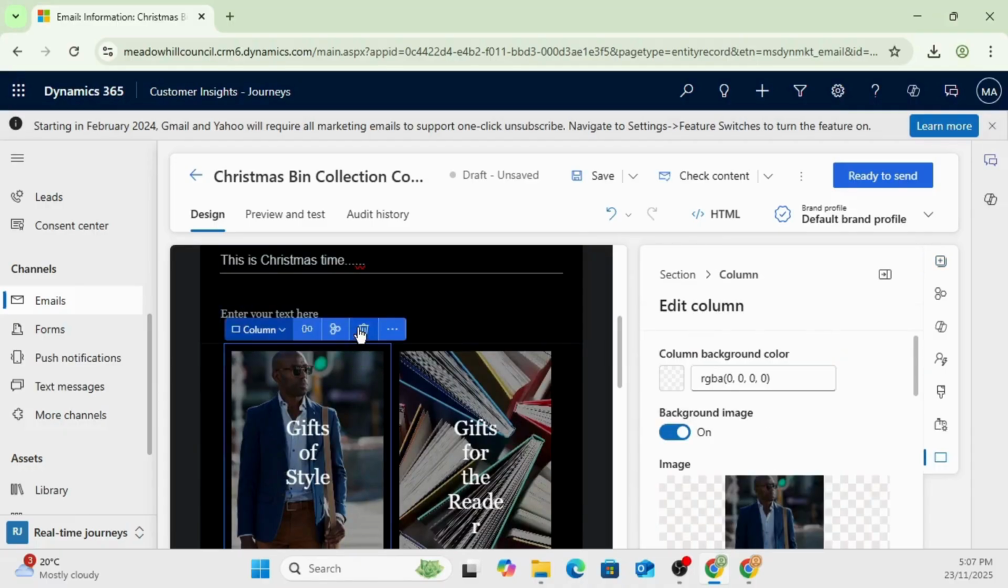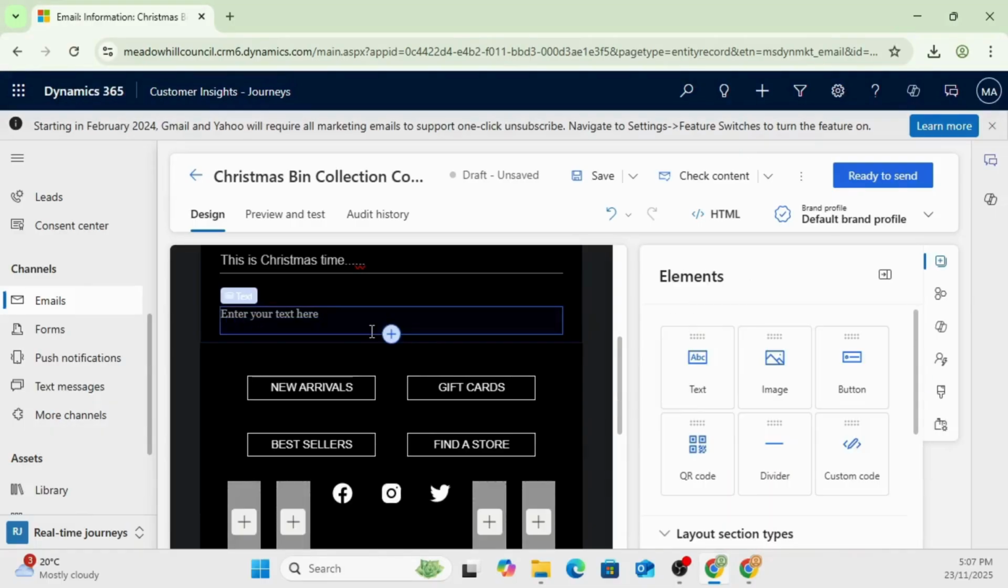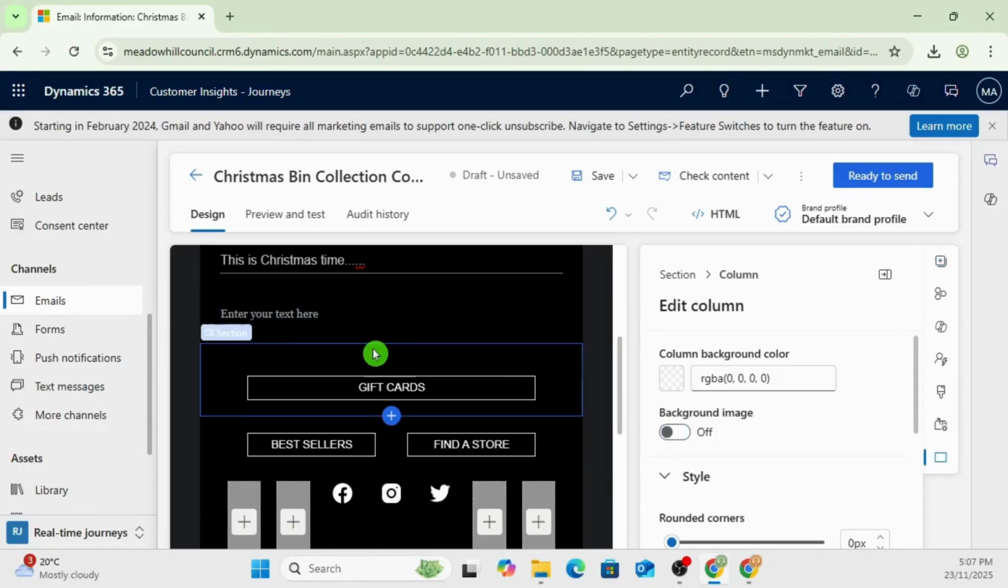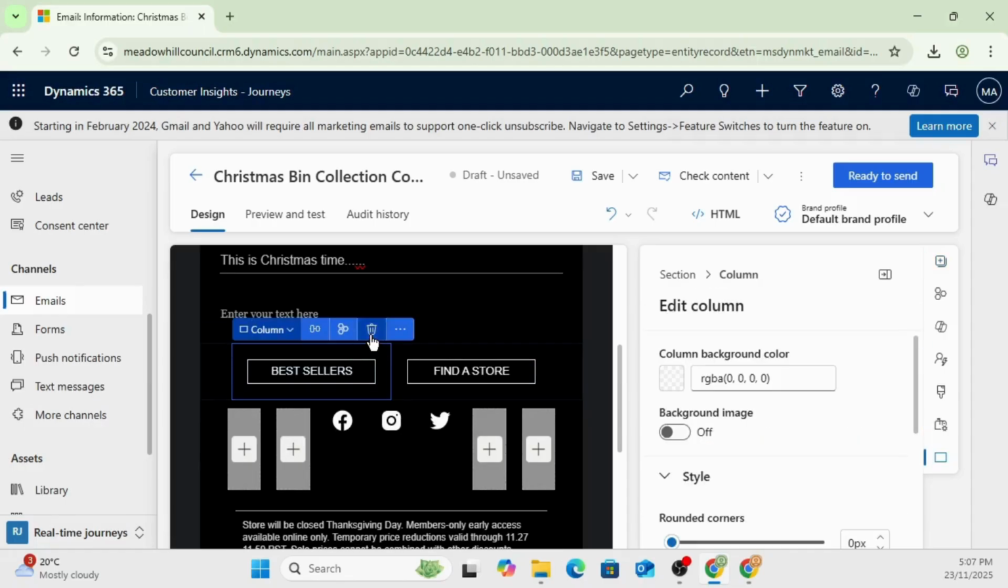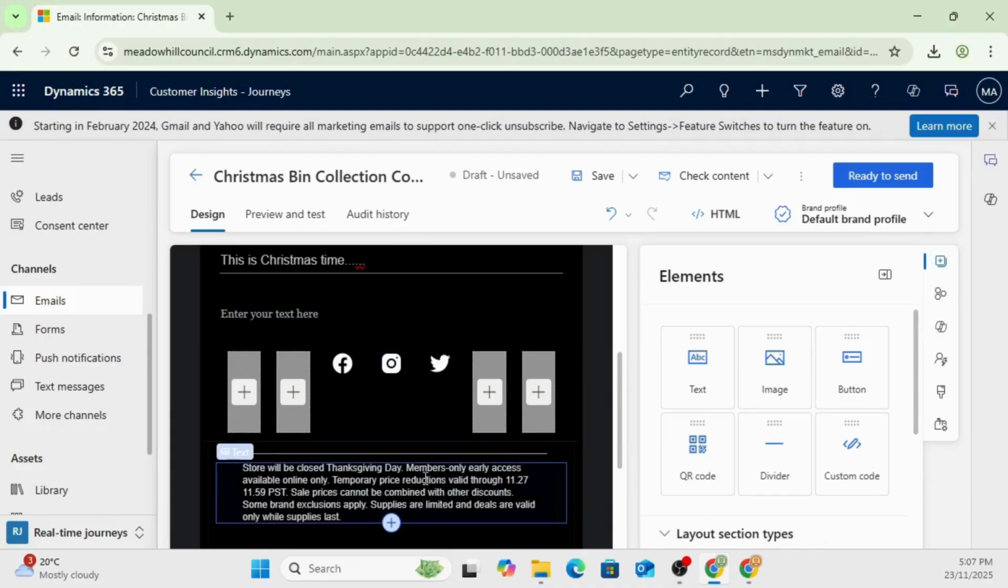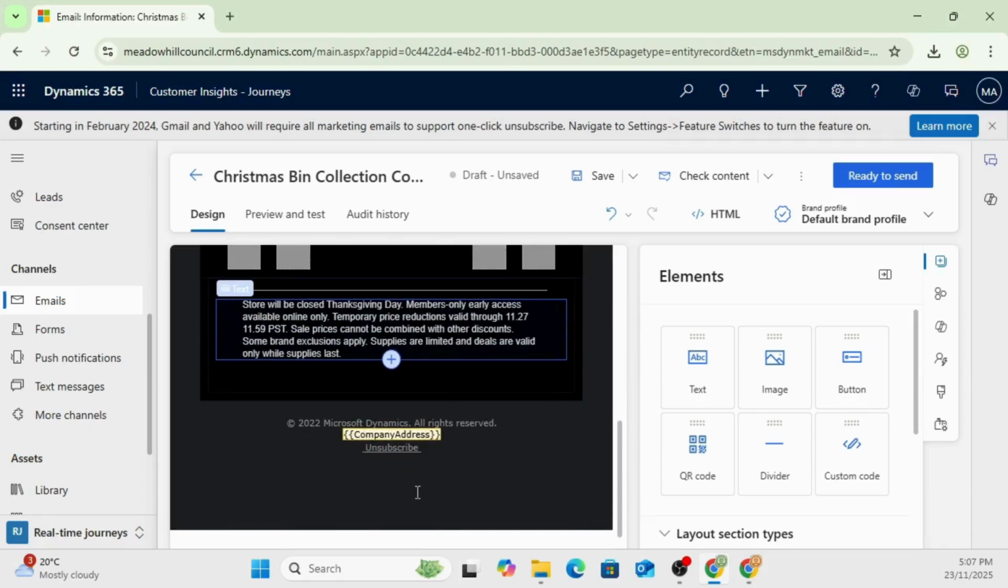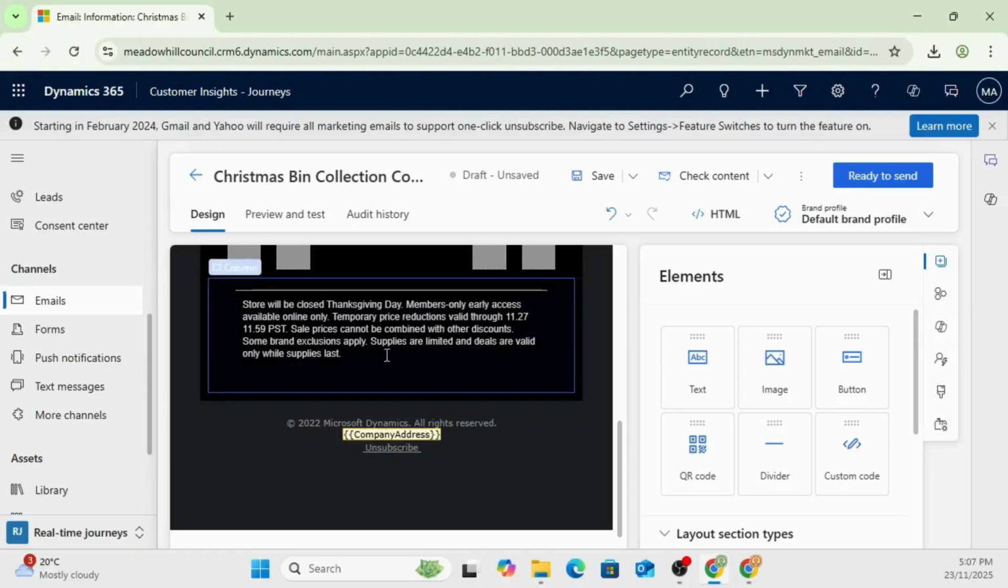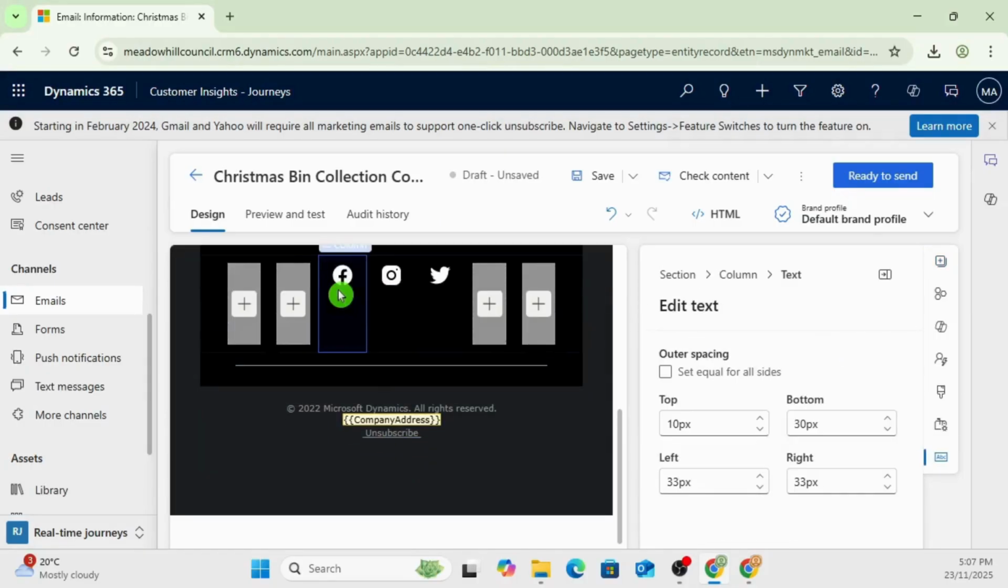So I'm deleting all of the images so that we have a clean section to start off with. Yep, and I'll tell you why I picked the template, because I want to use the logos for Facebook, Twitter, Instagram as well, and I also want to use the email footer as well. So what I will do, I will delete this footer,